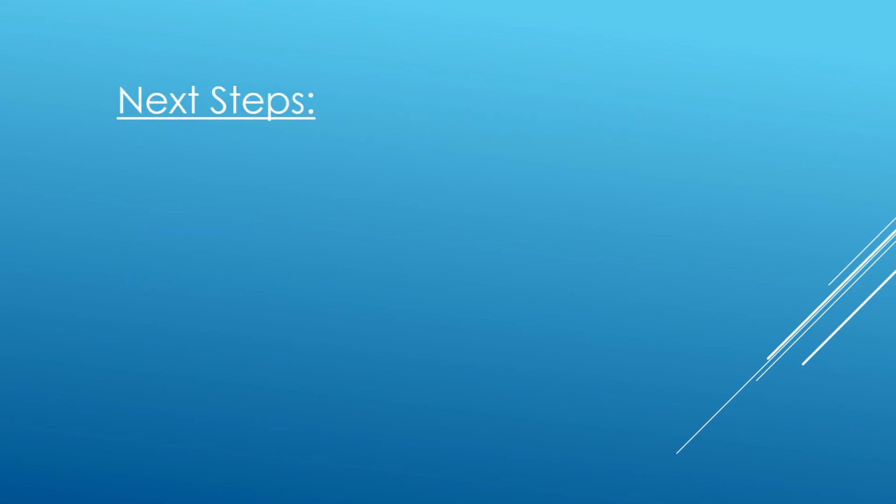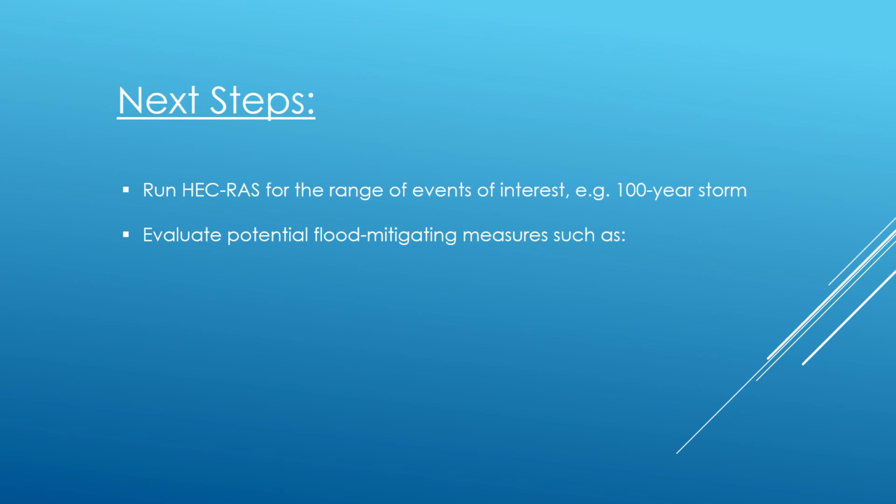Next steps: you run HEC-RAS for whatever kind of scenario you can envision. 100-year rainfall events, various tide and storm surge events, and any number of combination of events. Now, probably the very most important use of HEC-RAS is going to be evaluating the flood impacts associated with proposed flood mitigating measures,